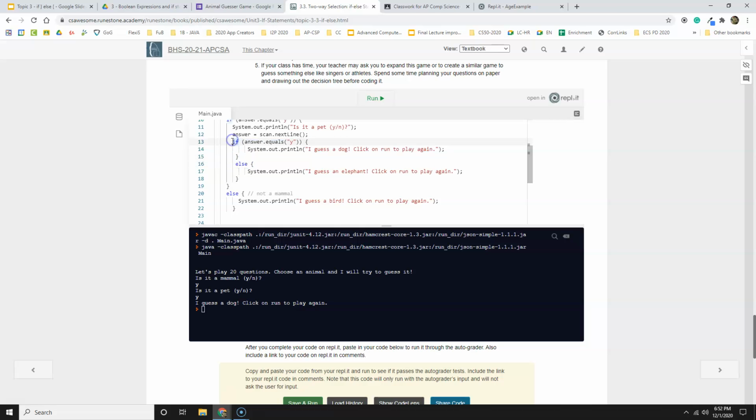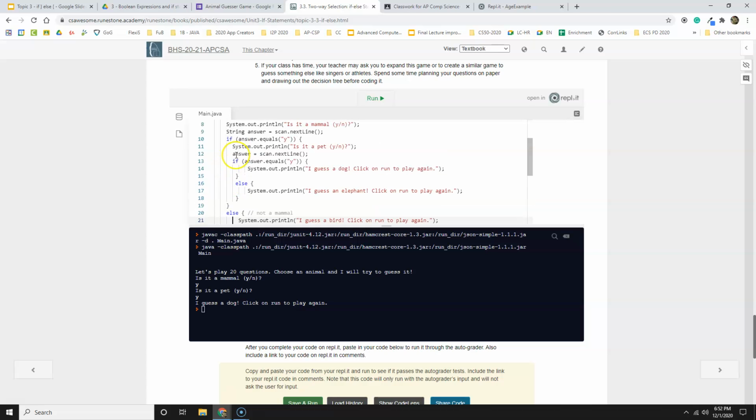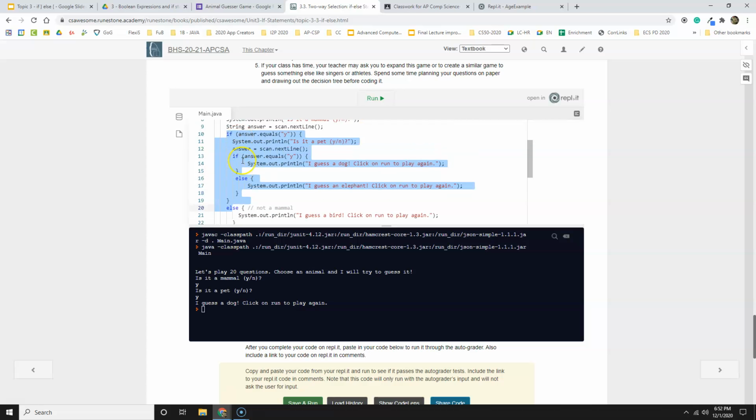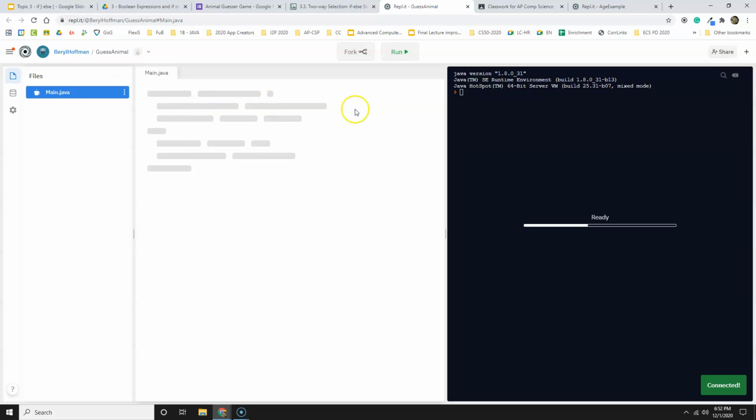And making sure these branches are lined up and working correctly can be really, really tricky. So getting all this lined up, like this if goes with this else, and then this if is nested into this else. So what I'm going to encourage you to do to make that lining up a little clearer is